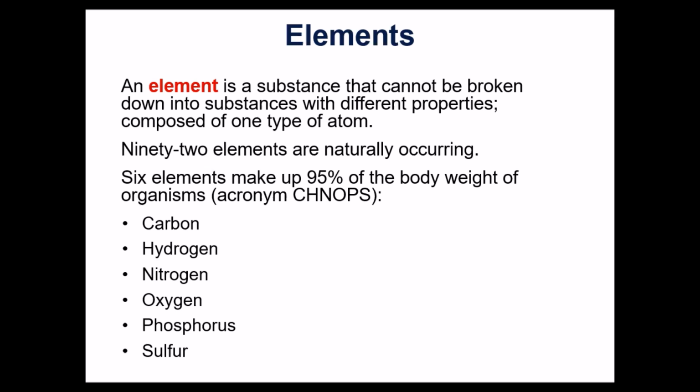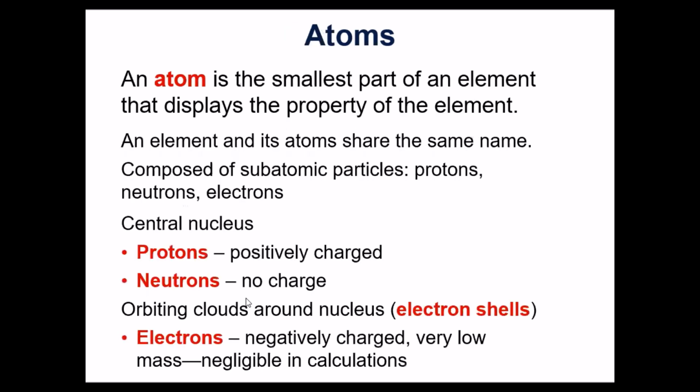There are six main elements when you're talking about living organisms, six main elements that make up the majority of the body. And these are listed there for you: carbon, hydrogen, nitrogen, oxygen, phosphorus, and sulfur. All right, I've used this term already, but an atom is the smallest part of the element. It still has the same properties of that element, and it is comprised of